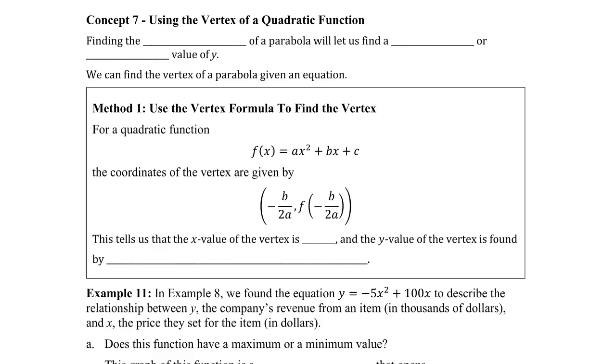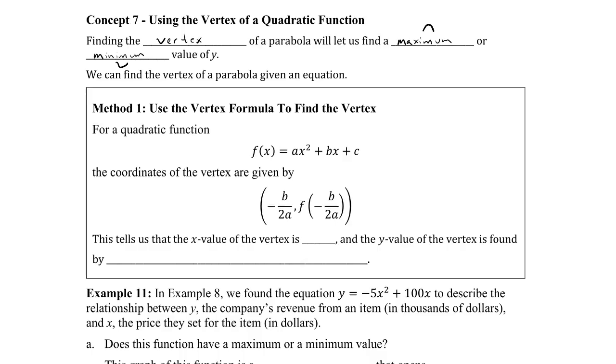The vertex of our parabola is going to give us either the maximum value of y for a parabola that opens down, or the minimum value of y for a parabola that opens up. And there are lots of applications where that's going to be interesting. For example, if we're a business, we would like to have the maximum possible revenue or the minimum possible cost